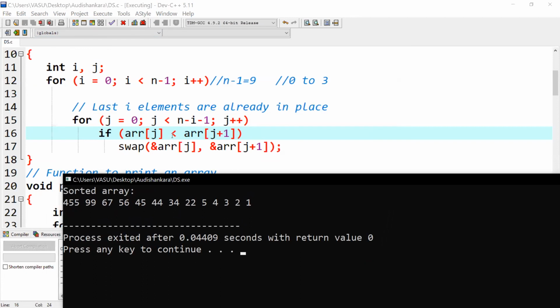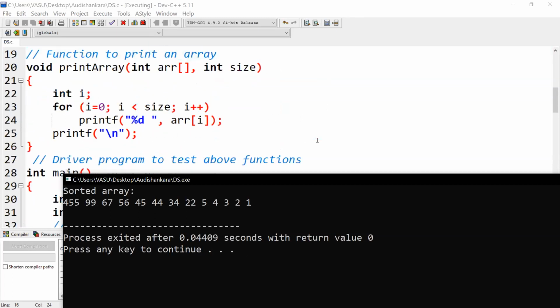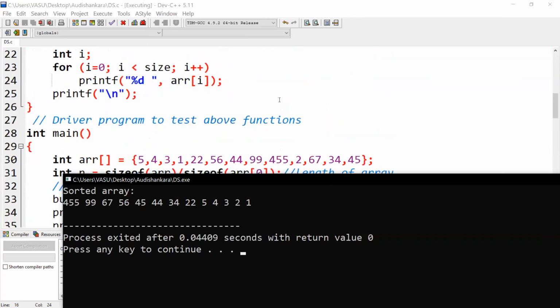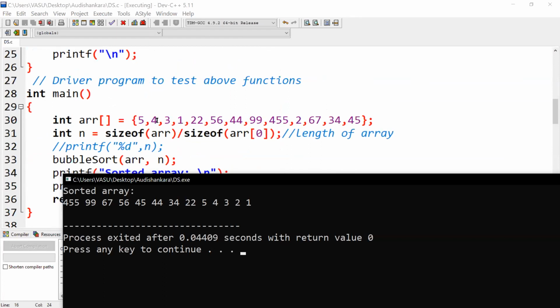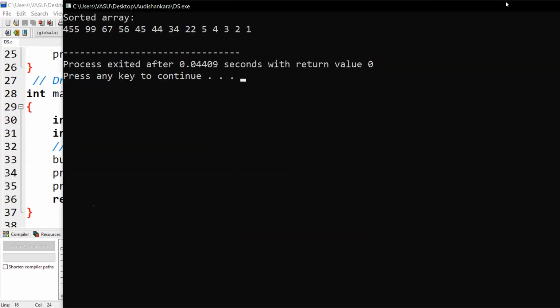Here previously greater than was there. Means if I write less than over here, what is happening? It checks whether the first element is less than the second or not. That condition is checked. If this condition is true, you swap the numbers. If not, you don't swap the numbers. I just did the opposite of it. You're getting this?